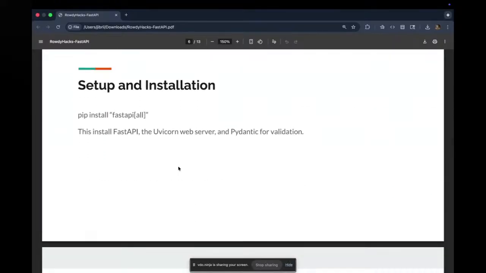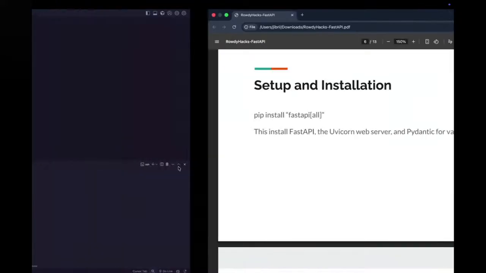I will be setting up a small FastAPI project now, so if you want to follow along, that's good. This is my VS Code window open. We'll be starting with creating a virtual environment. You don't have to, but I recommend creating a virtual environment for any Python project. I'm on a Mac, so it's going to be